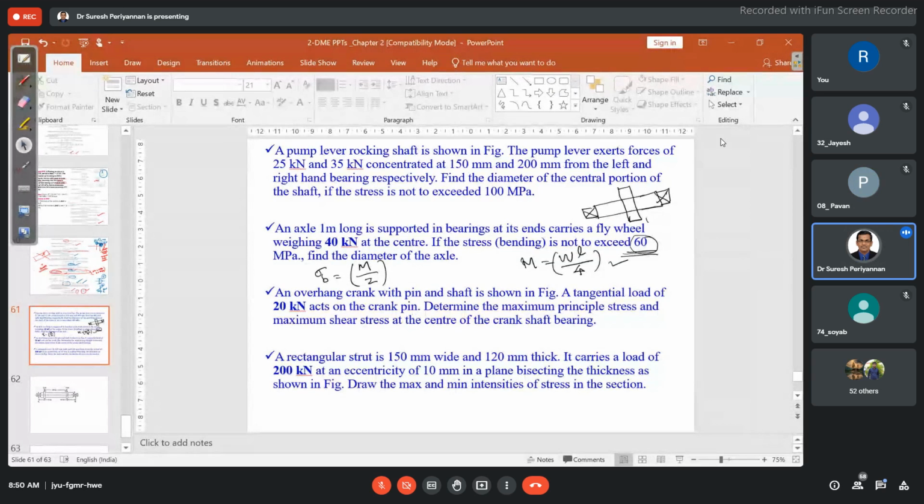This is the flywheel. This is bearing 1, bearing 2. At the flywheel, when the power transmission is going to happen, we are considering 40 kilonewton. Now find out the diameter of this shaft. Z equal to